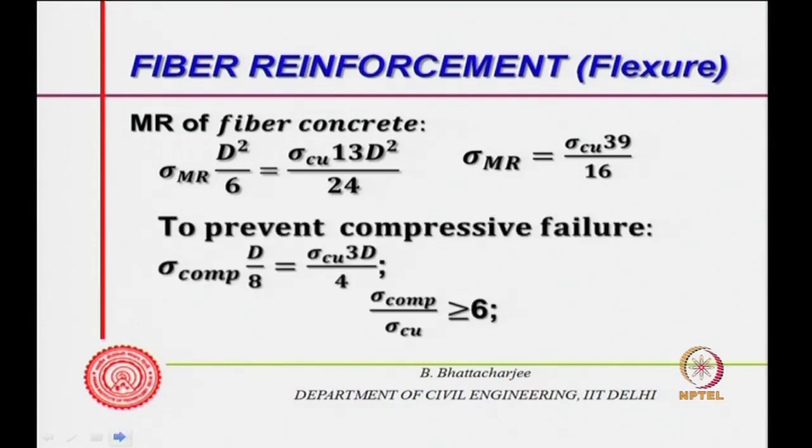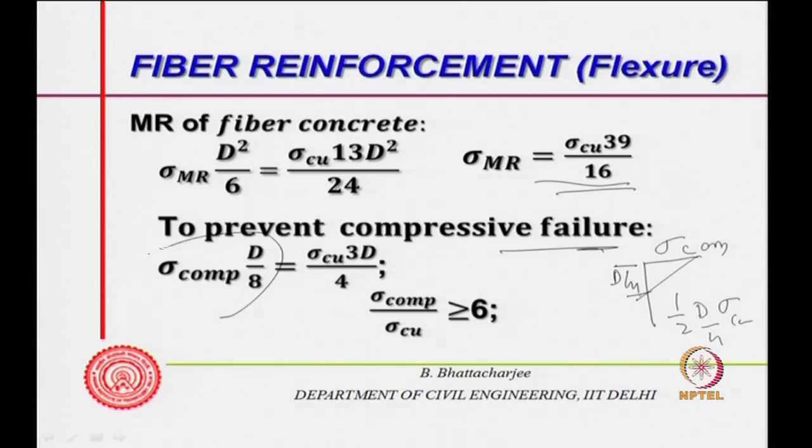Now, to prevent compressive failure, I have already told you that it is 2 point something, 39 by 16 times. Of course, the other criterion is that the composite should not fail in compression. So, what is the compression load? This is sigma compression, this is L d by 4. So, this is half d by 4 into sigma compression, that is the stress block, right. That must be equal to the tensile